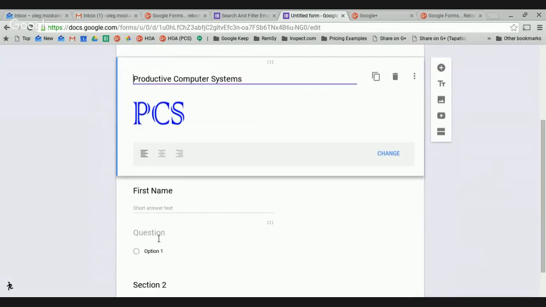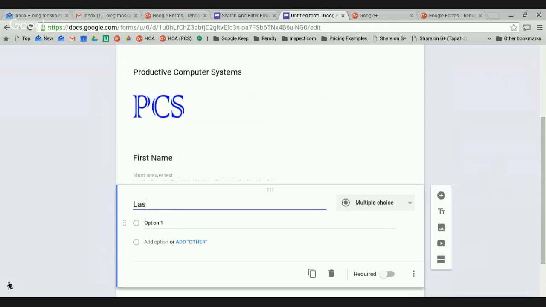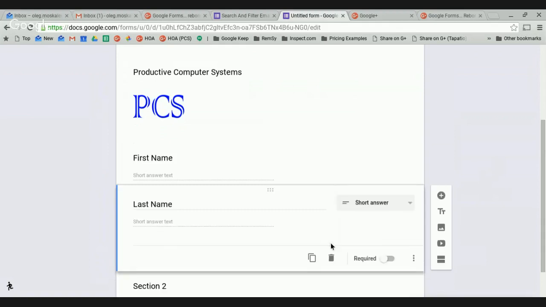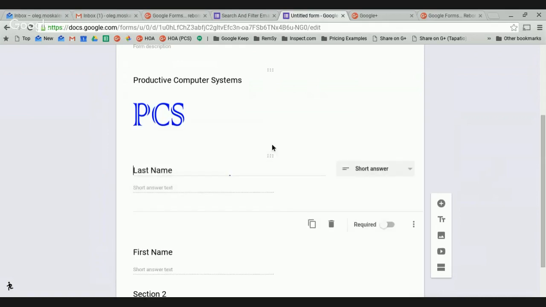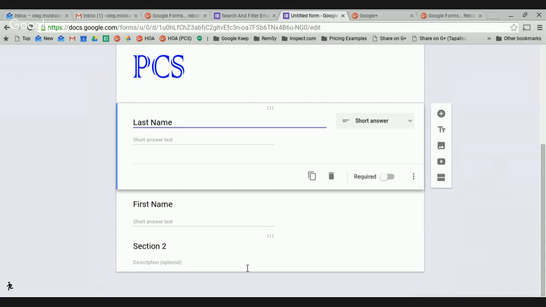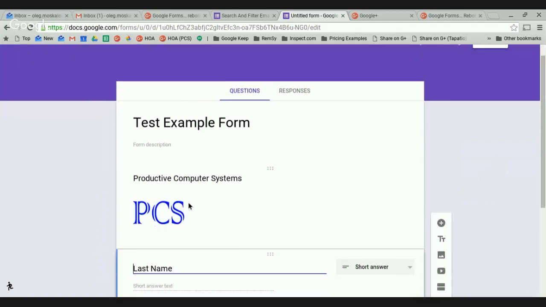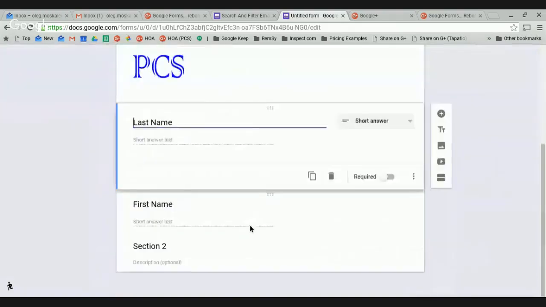So if I put in question 1 is first name, question 2 is last name, and we'll make it also a short answer here, then I can easily rearrange them. If I wanted to enter last name first, I just drag it like this, and so it makes it very easy and convenient. And of course, here's my logo, and that's how you go through and add additional elements to